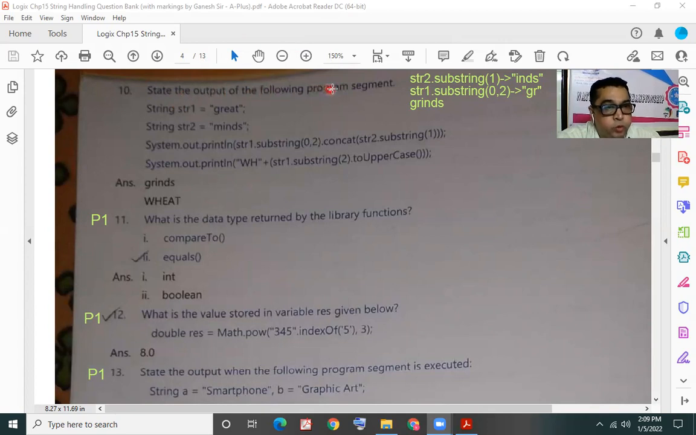State the output of the following program segment. We have str1, a string with the contents great, str2 having the, now, System.out.println. We have to solve this using string methods. Now notice if we just try to read it and understand it, it starts with str1.substring. Take the substring part of str1 and concatenate it with